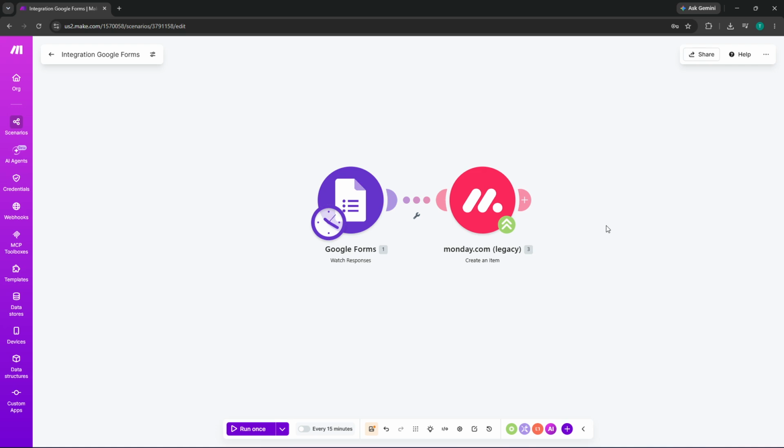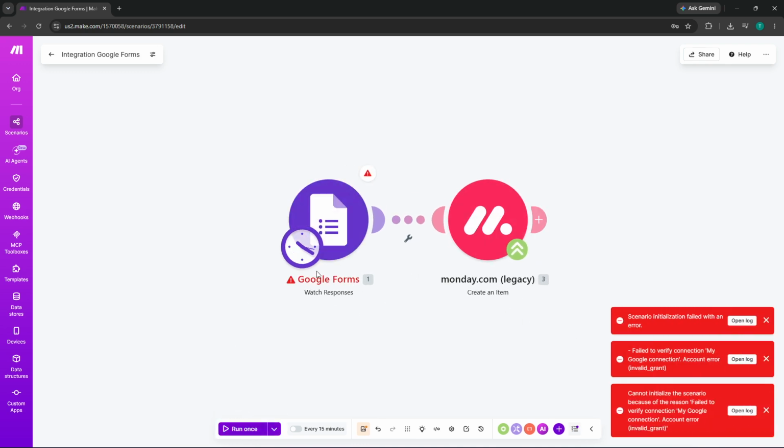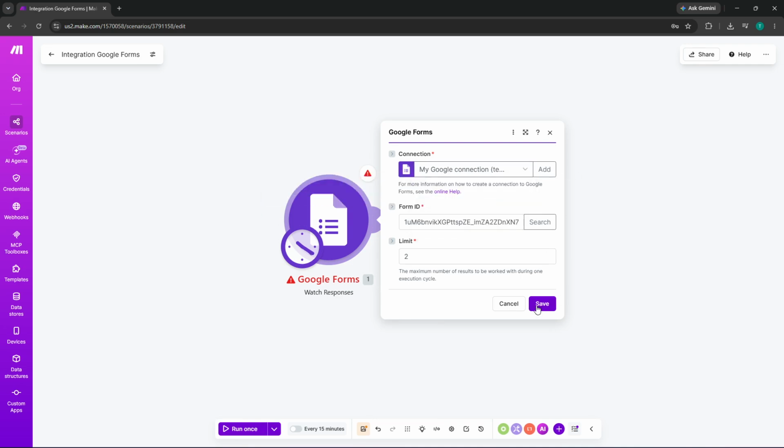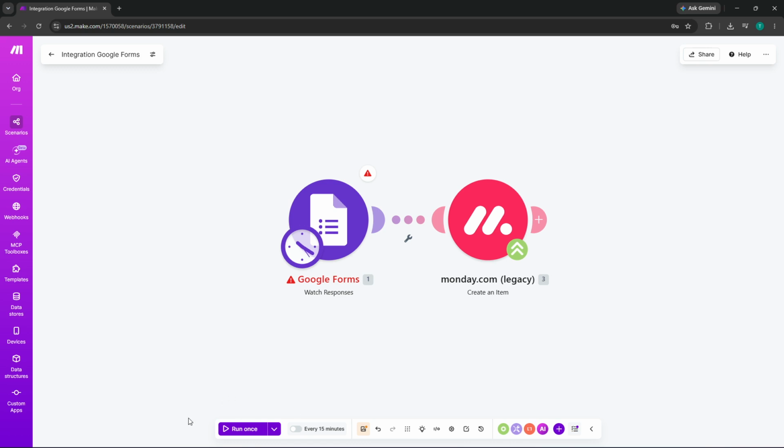To prevent future disconnections, keep your app permissions active and avoid revoking Make's access in the connected app settings. Finally, click Save in the Scenario Builder and, if the scenario should run automatically, enable the scheduling. That's it. Your apps are now successfully reconnected in Make, and your scenario should run normally again with restored access